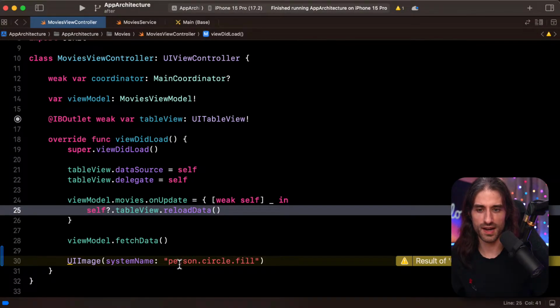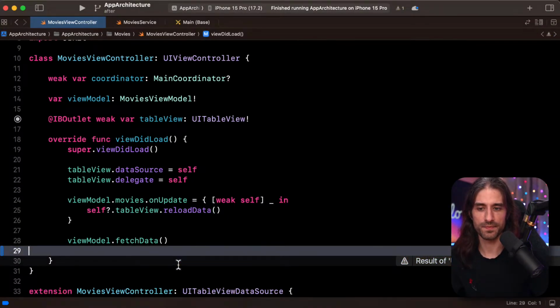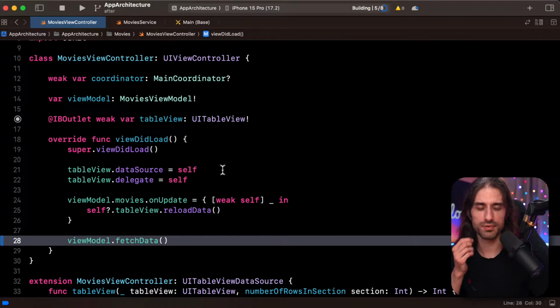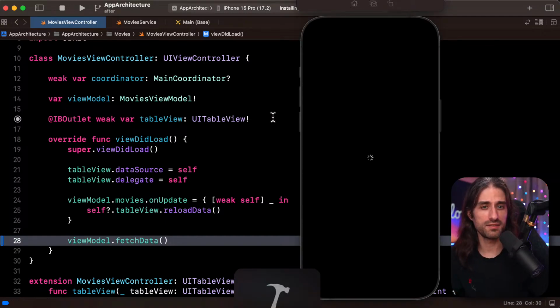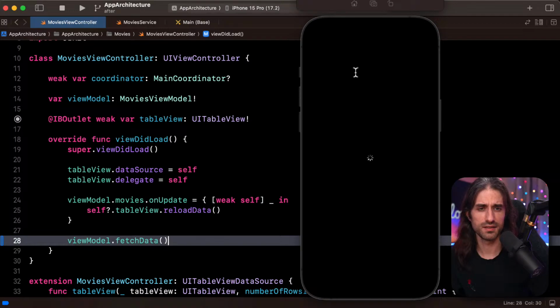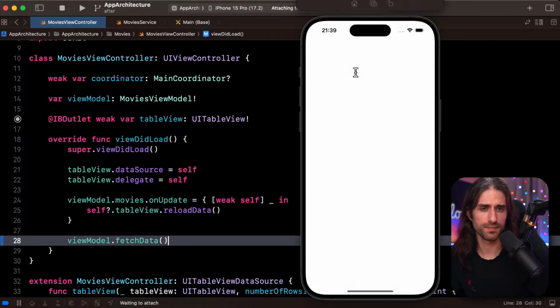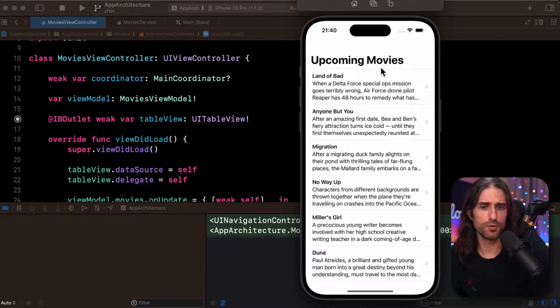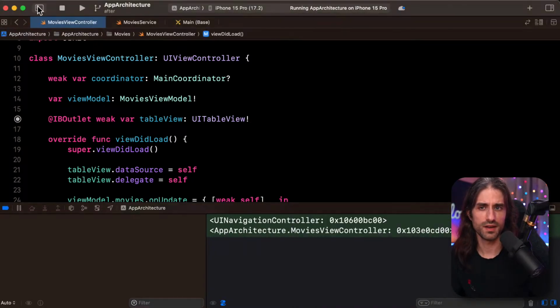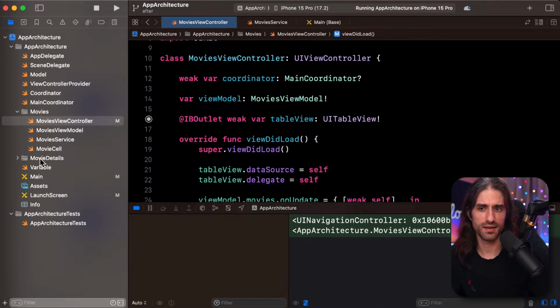I don't think I have localized anything in my current app. I'm also not sure that there are any things to localize. Maybe there are titles. Let's see. Otherwise, I will add a title to the first view. Yes, upcoming movies. So there is this thing. Let's see. Yeah, there is no localizable strings file.